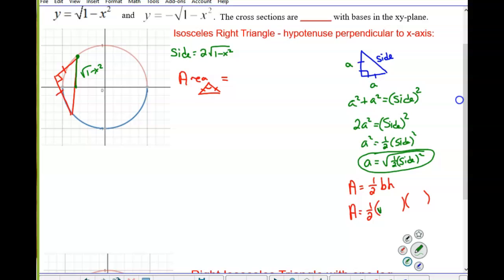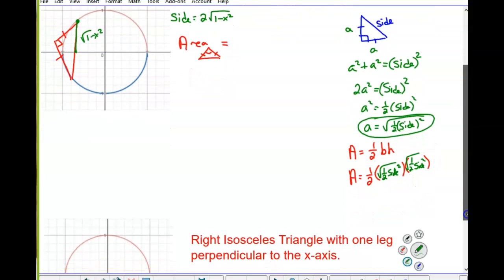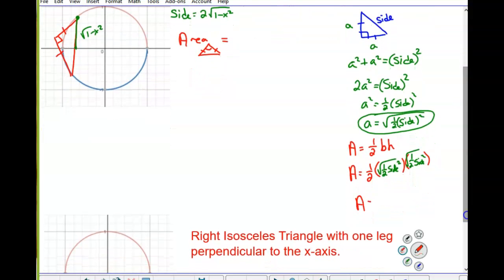So if I multiply these two together, isn't that the same as squaring it? So I could actually write this even better. 1/2, and when I square a square root, don't those cancel out? So the square root's going to go away. And then 1/2 times 1/2 tells me